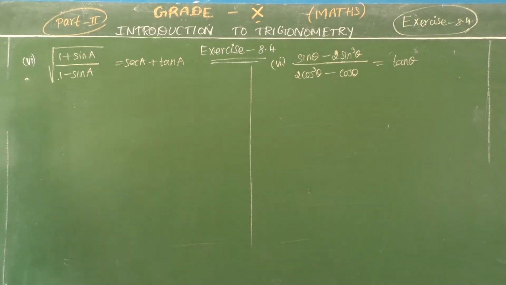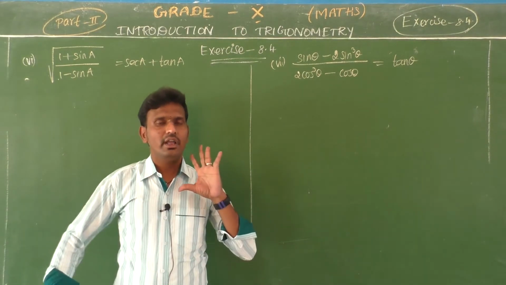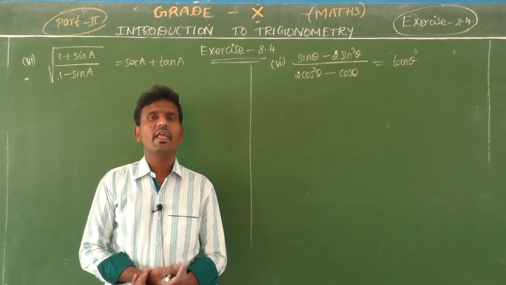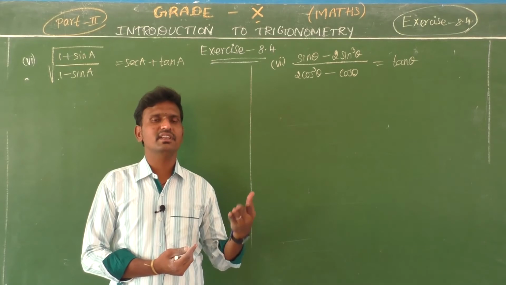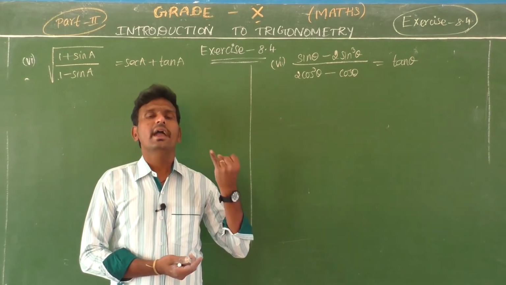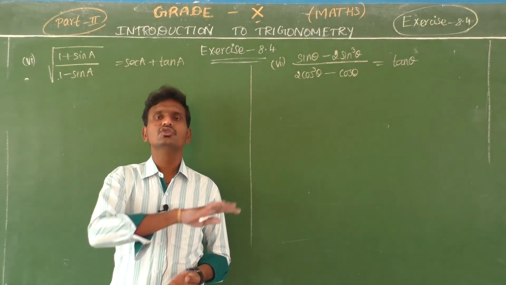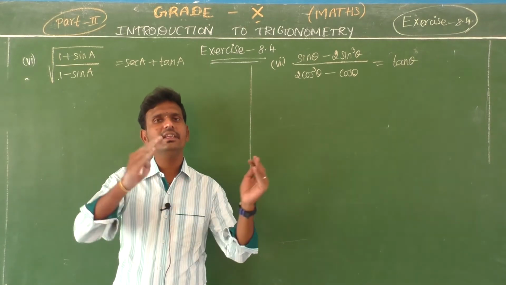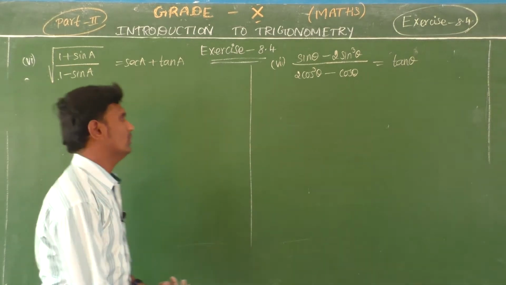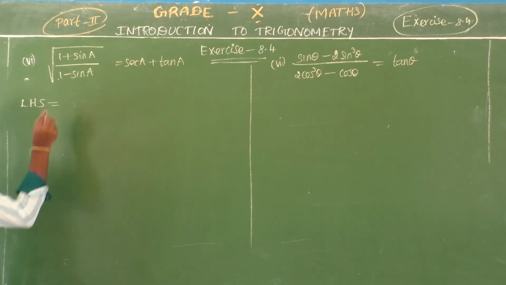Okay students? Yes students, in your previous class itself I told you, you have to prepare all the concepts, each and every concept in trigonometry, pin drop like that. Okay. So if you are thorough in the concepts, that is, what are the trigonometric ratios, what are the reciprocal relations, and what are the trigonometric identities. So if you are prepared well in these, this chapter will be very easy for you. Yes students? Okay. So let us move to our sum. It is a very simple part. So first take the left side.